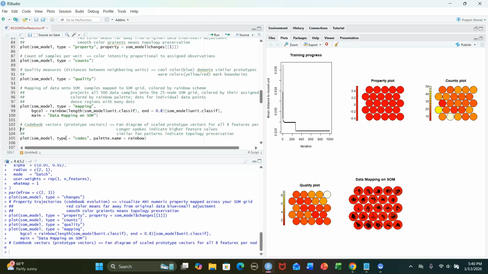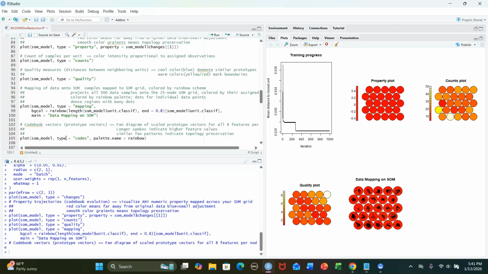Okay, and this is too small, but you can see the different dots are individual data points, and if you see a dense region, meaning there are many data points in there at different nodes. Okay,